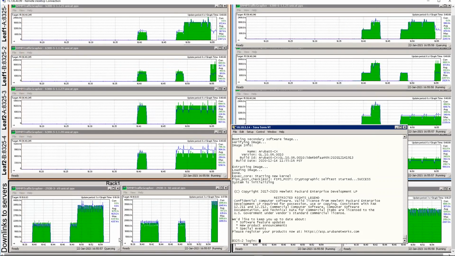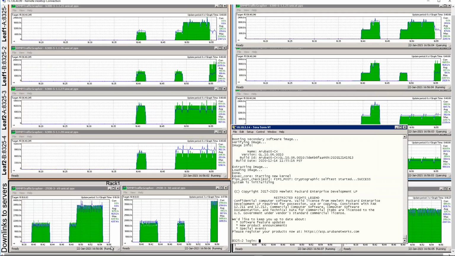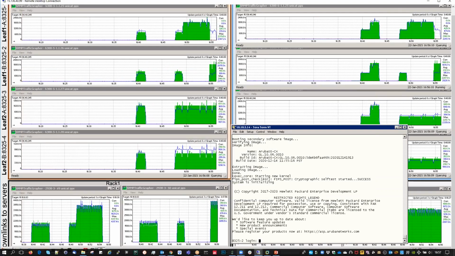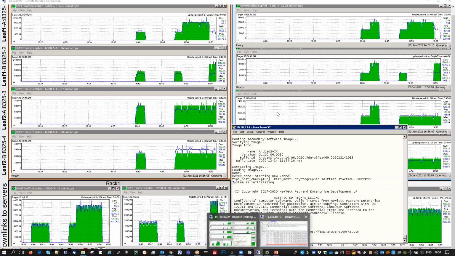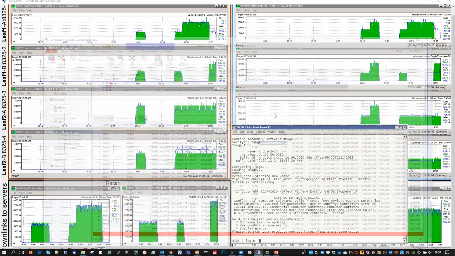So you see that the primary is no longer receiving traffic from the server. The graceful shutdown for the LACP protocol has been sent to the peer so that we drain traffic out of the VSX primary. Let's take a look at the Ixia to see what was the cost of this graceful shutdown.